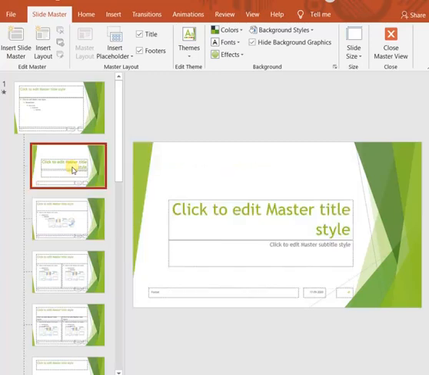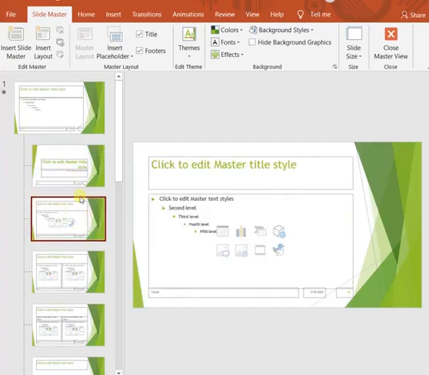I am not interested in the cover slide now. I am interested in 2, 3 and 4. So I will select this layout, as it has been used by slides 2, 3 and 4 in my actual presentation. Now I want to put a logo of the quiz on the right side here. I can insert any object in this layout.